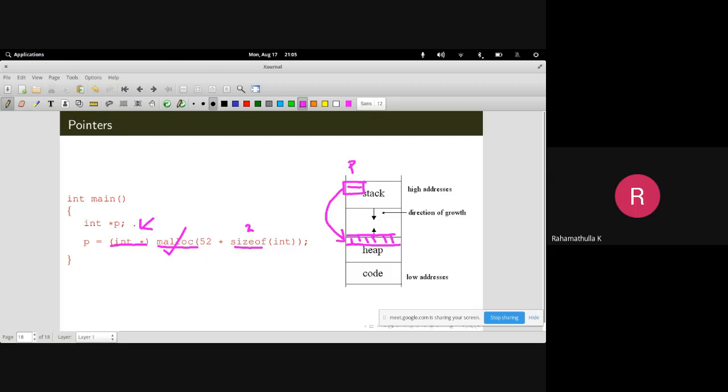While starting your program, you may not know the number of elements that need to be stored in your array. So what you will do is create a pointer to an integer. And whenever you get that number, let's say in the middle of the program, you need to store 52 elements, at that point of time you create an array of 52 elements and attach that to your variable.